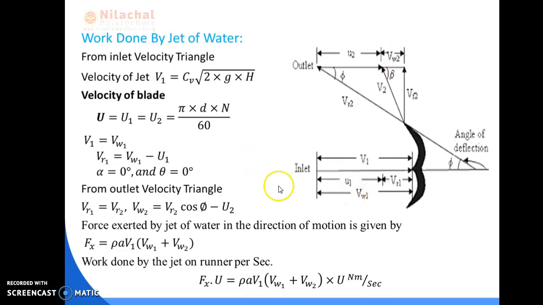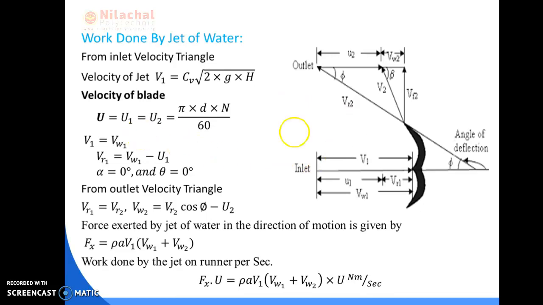Now we have to study some of the points, that is V1 is equal to Cv into root over 2gh. Already you have studied this in fluid mechanics. Velocity will be equal to coefficient of velocity into velocity at outlet. So Cv into root over 2gh, where h is known as the net head. Net head means the actual energy of water relative to the weight of water, that is the head of water entering from the nozzle to the blade unit.